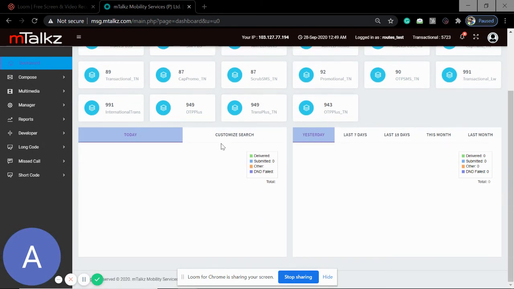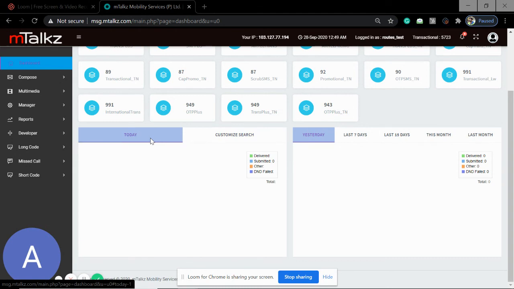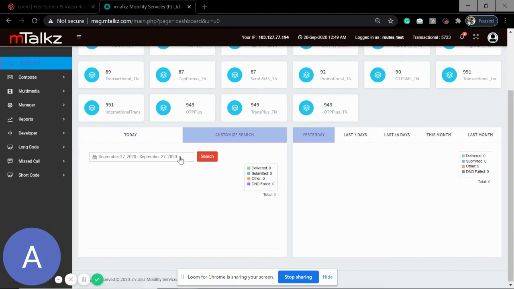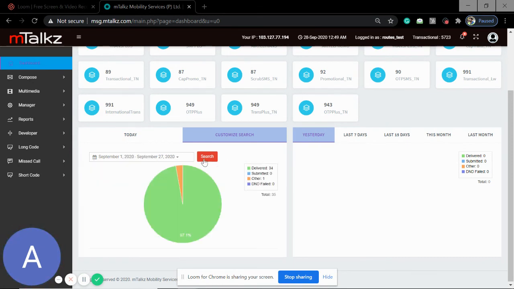Now when we go to the section below, this represents your reports. You can see today's report; there is no consumption. You can customize your own search. Let's say I'm searching the entire month. When I click, I get a pie chart, and it shows that a total of 35 messages were delivered this month, from 1st of September to 27th of September, in which 34 messages were delivered and only one failed.